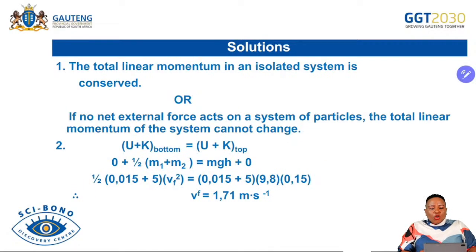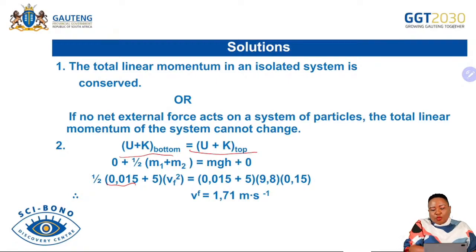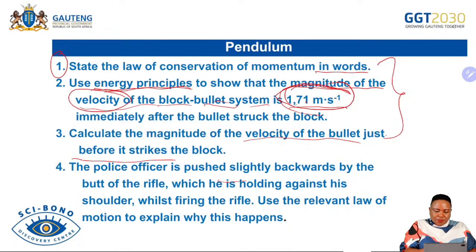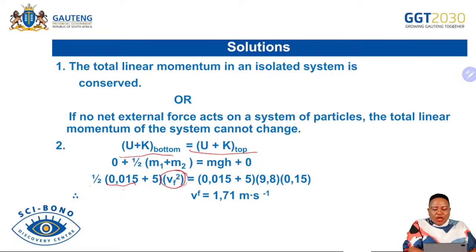So that is why I was saying to you, you need to be able to find the relationship between the two. So this, remember, is what I was talking about. They've changed the mass. We are saying the mechanical energy at the bottom is equal to the mechanical energy at the top. So they just use one thing at the same time. So what is happening here? We are having half mv squared. Remember, we don't know what our final velocity is, but this one is our mgh. As I was saying, we can equate the two as I was doing here. Remember, mgh is equal to half mv squared. And then after that, we equate the two.